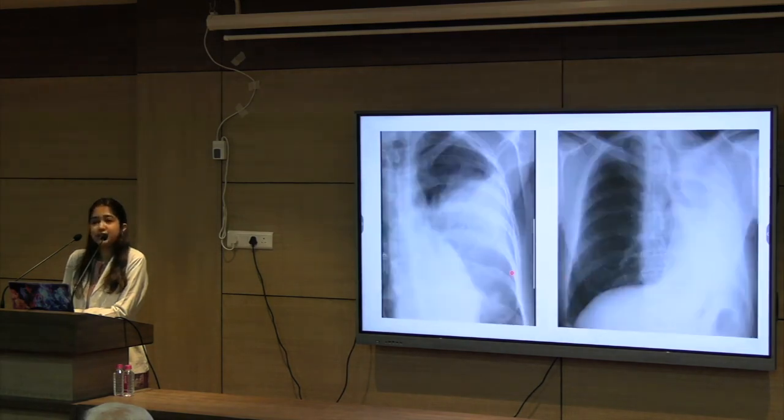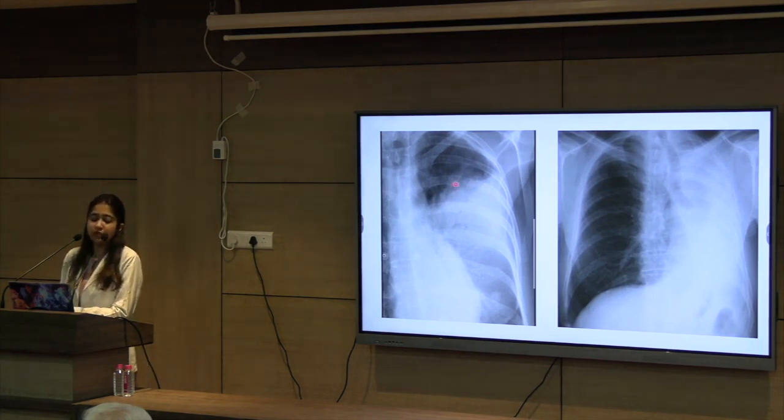Now these are the two chest radiographs. So we have to see which is consolidation and which is collapse. This is the most common dilemma which we usually undergo while reporting a chest radiograph. So in this chest radiograph, we can appreciate a homogeneous opacity in the left lower zone with air bronchogram sign. So this is suggestive of consolidation.